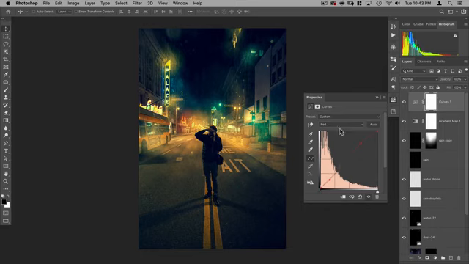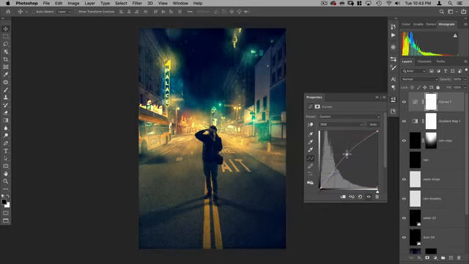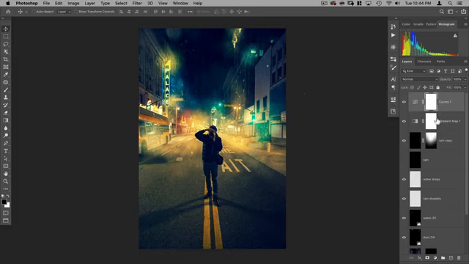So something like that. And then in our RGB curve, I'm just going to bring up the middle a bit, but keep the bottom kind of where it is. So kind of like that. If you want to look at this curve, you can just kind of copy it. All right, next,